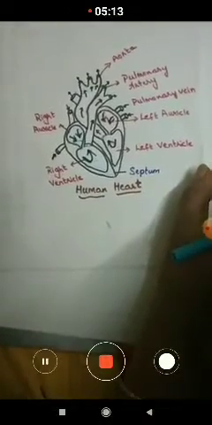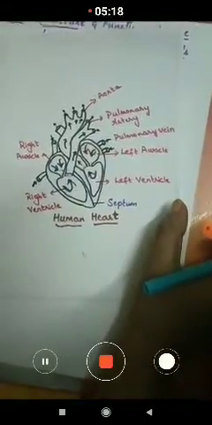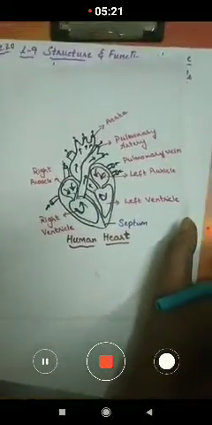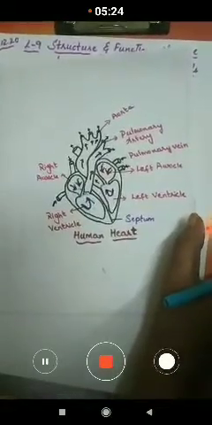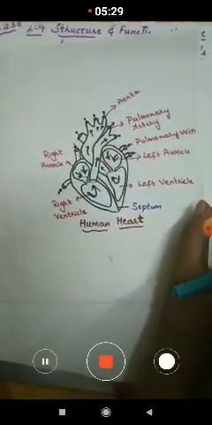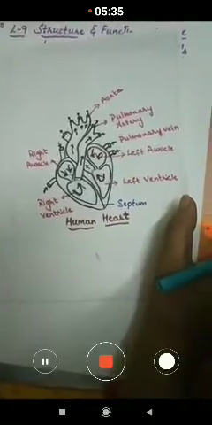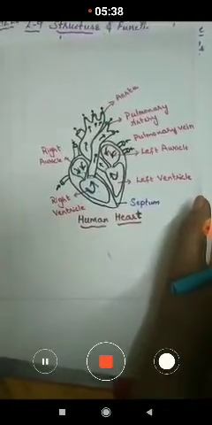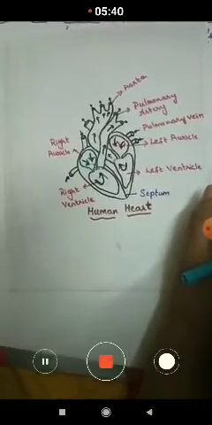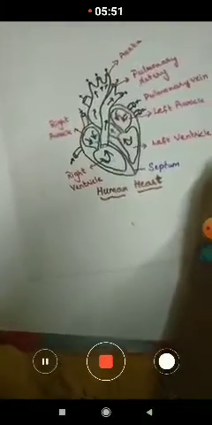RBCs help in transporting the oxygen, the food materials, and the hormones throughout the body, and they also transport the carbon dioxide from different parts to the lungs, and from the lungs it is thrown out of our body, children. And WBCs protect the body from infections and from diseases. And the last function of the blood is to help maintain a constant body temperature.